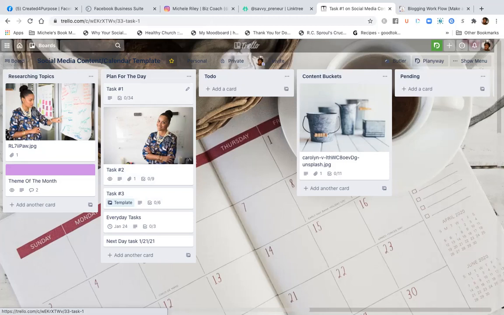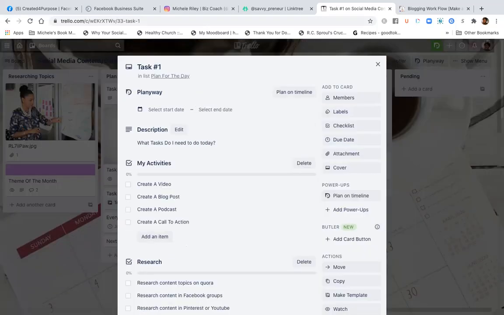Now, what I do is, when I am creating any type of content, I want to know exactly the activities around what it is I need to do. For instance, I basically do all of these: the video, the blog post, the podcast, and the call to action. Now, it's not like I'm creating each one separately.